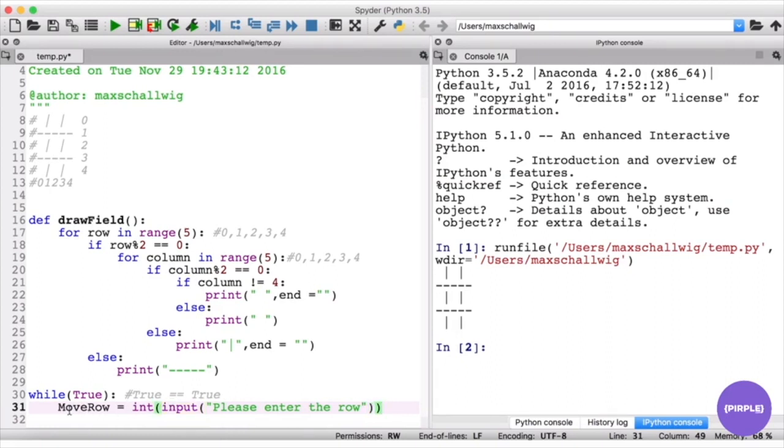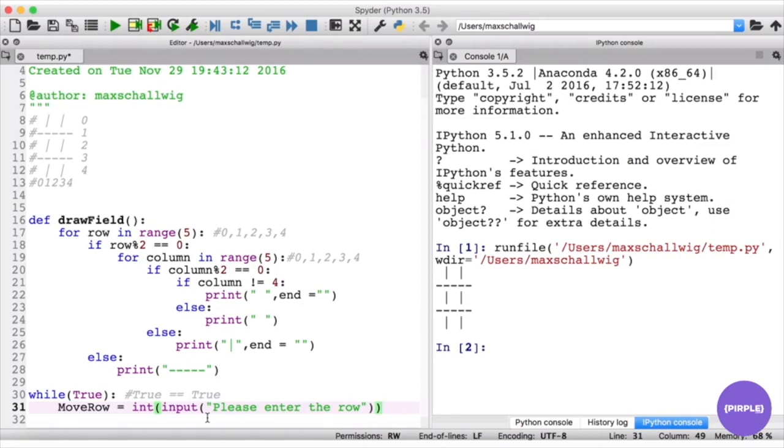So what we're doing here is we've created a variable called moveRow, and inside of this we're going to store the row that the user wants to put their move into, and we're asking the user to enter the row, and when they enter it, we're going to try to convert it to an integer. So they're going to enter a number, hopefully, and we can of course check for this later,